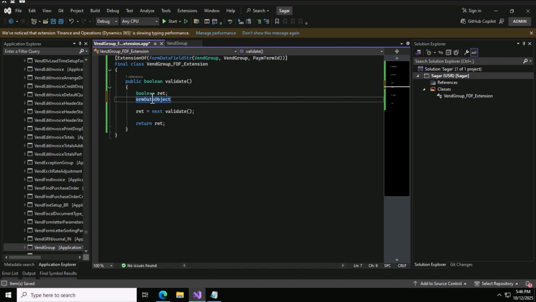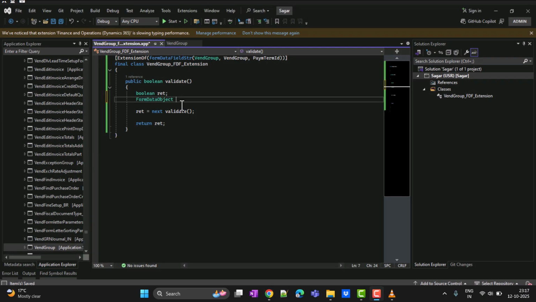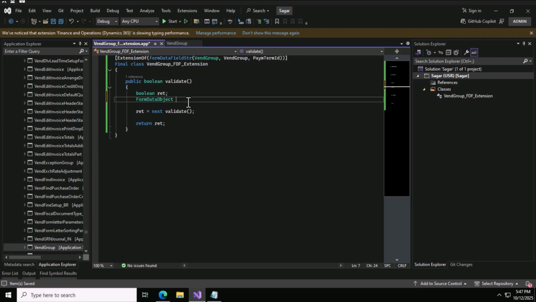This one is getting frozen. So we have form data object with us. Form data object equals to, so we can simply use this here,